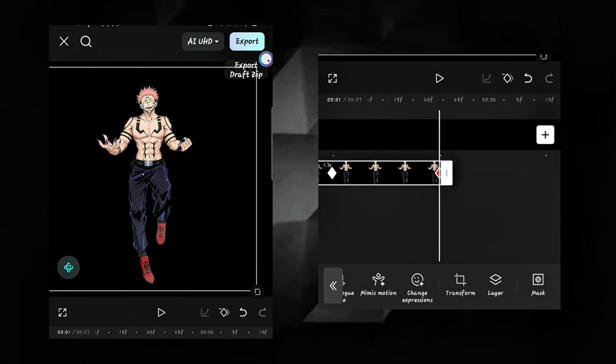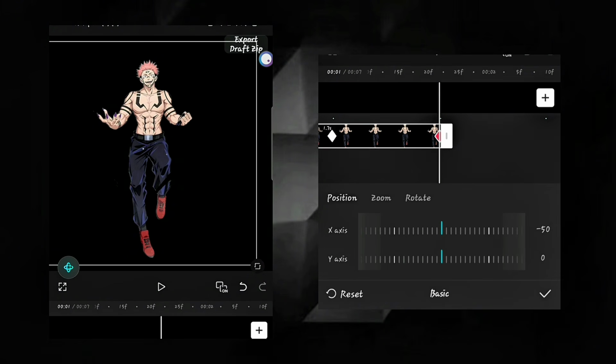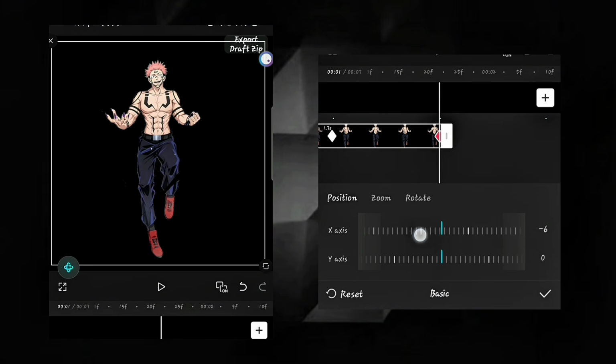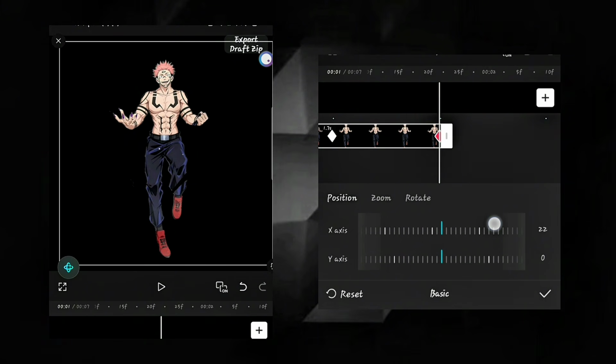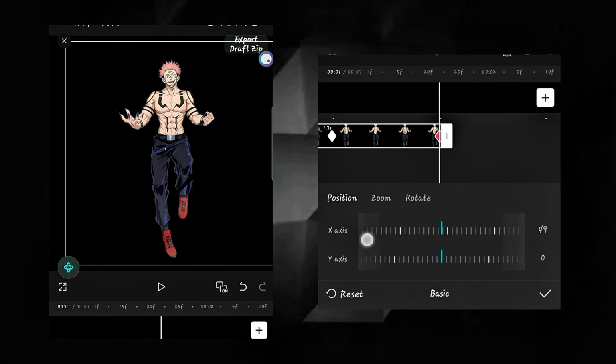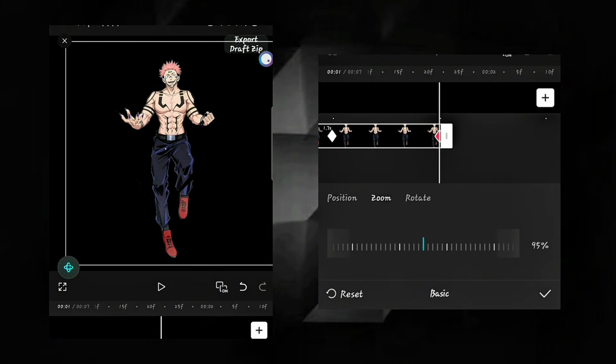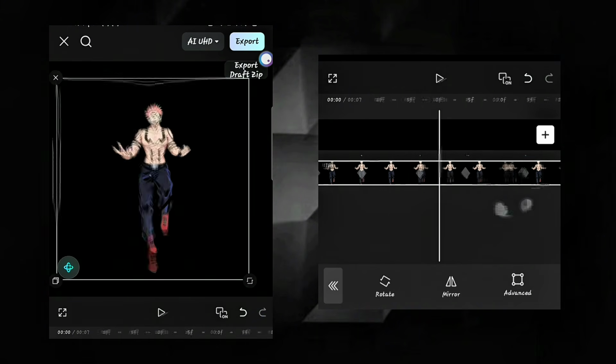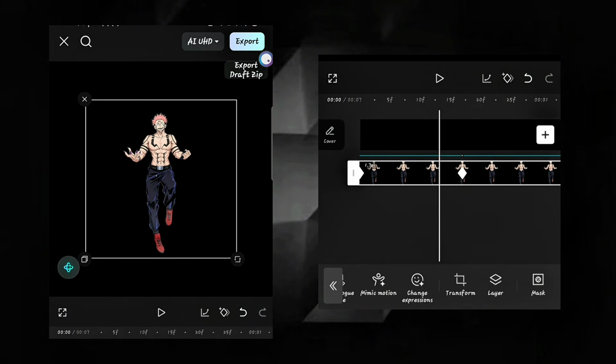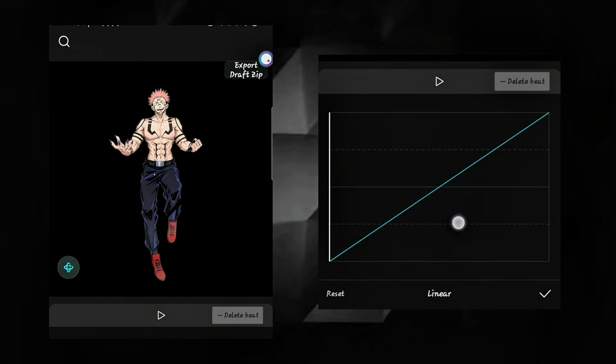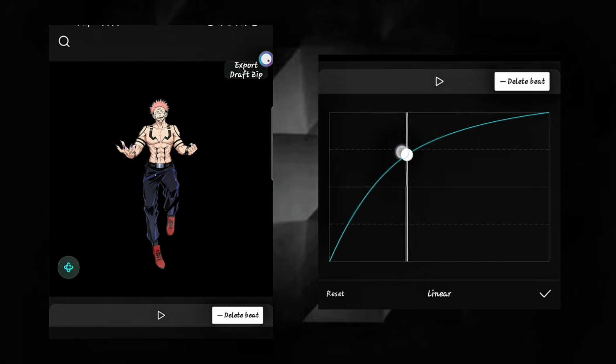On the fourth beat, add a keyframe and set position X to plus 50. Apply smooth graph easing between all keyframes.